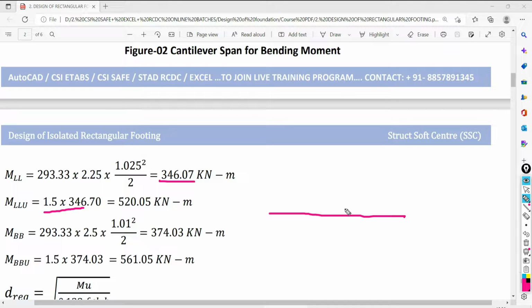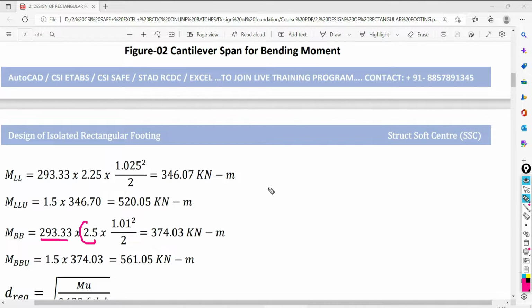Once more, it is very important, try to understand. If you are going to make the calculation along the length of the footing, the width will be what? The actual width of your footing. The width will be along the transverse direction with respect to the length considered. Likewise, you have to proceed for the calculation of the moment along the width of the footing. So if you are going to do the calculation for the width of the footing, the upward soil pressure is multiplied by the length of the footing.